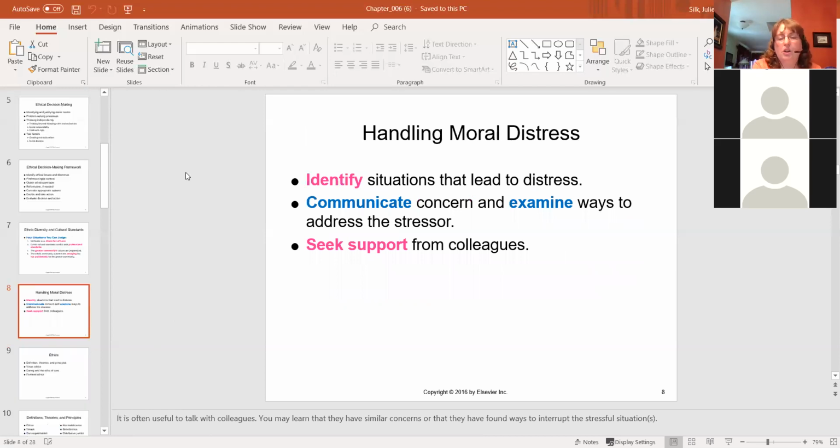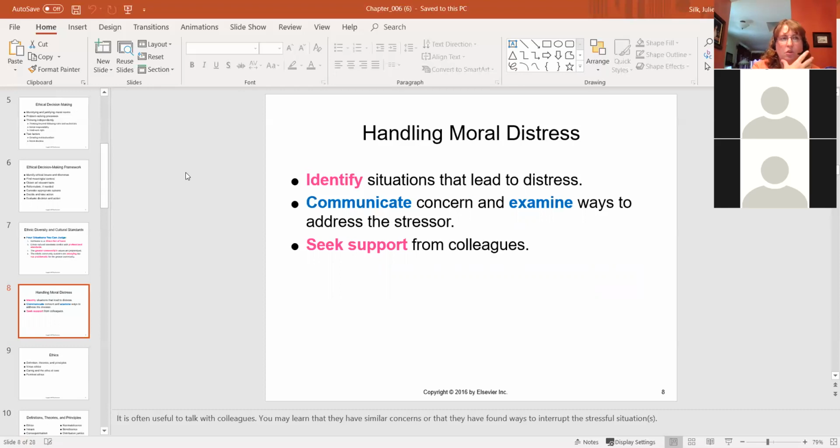All right, so when we talk about moral distress, there's some things that we need to think about. First of all, we need to identify situations that could lead to this. We need to communicate our concerns and examine ways to address the stress, and then seek support from our colleagues. It's really useful to talk to your colleagues about stuff that's bothering you, because sometimes they'll